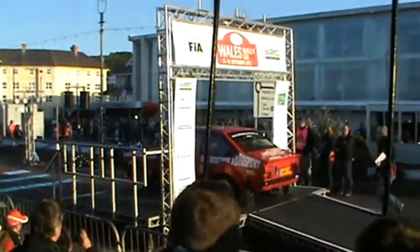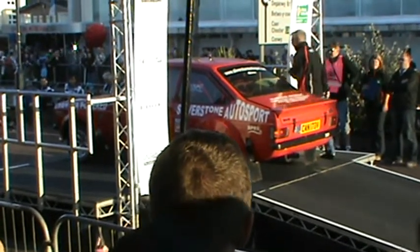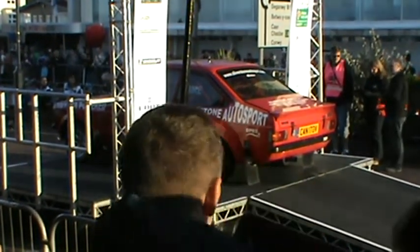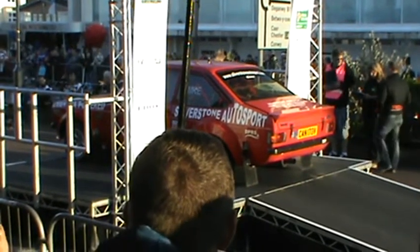Well, we've gone backwards a little bit, I know. We were trying to move forwards, but we've gone backwards a little bit. With this car, we're back to the Mark II Escort, the RS 1800. Mark is the driver, and